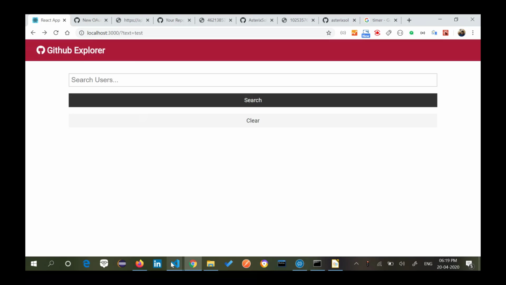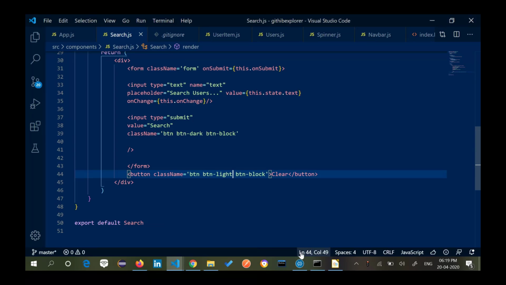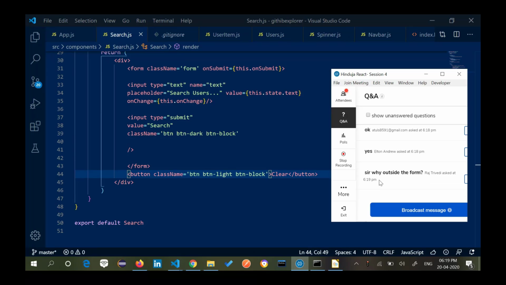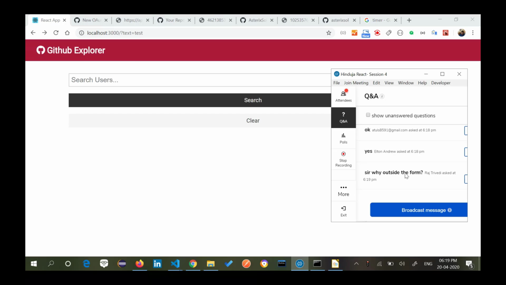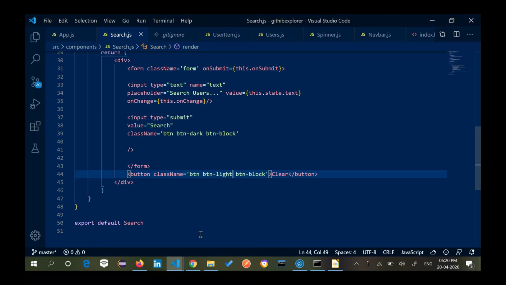Now what I want to do is keep this clear button outside the form, Raj, because it will not be visible every time. If my form is in this pattern, should the clear button be there? There is nothing on the screen, so it should not be. First, let me define the action of the button now.